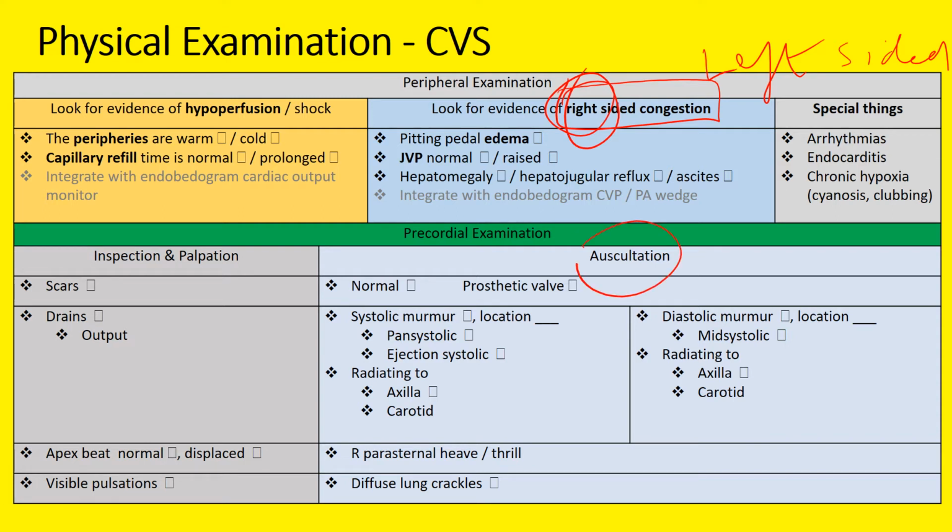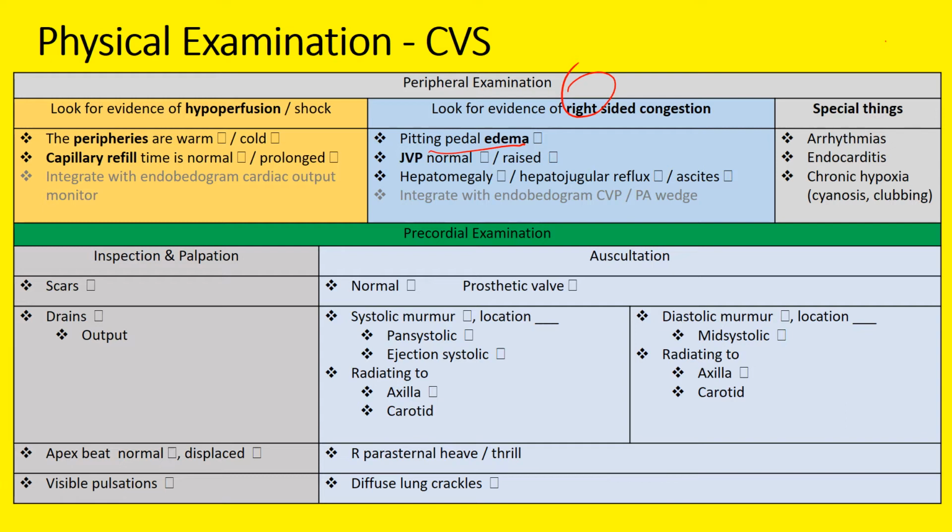It's only when you're coming to auscultation that you can do the left-sided congestion, so the pulmonary edema bit. But for right-sided congestion, what do you look for? All you're looking for is pitting pedal edema, or pitting, not just pedal edema. You're looking for generalized edema, JVP, whether it's raised or not, and then you look for hepatomegaly, hepatojugular reflux, ascites, and so on. And in the end of bed, you've already got the CVP, or the JV, or the PA